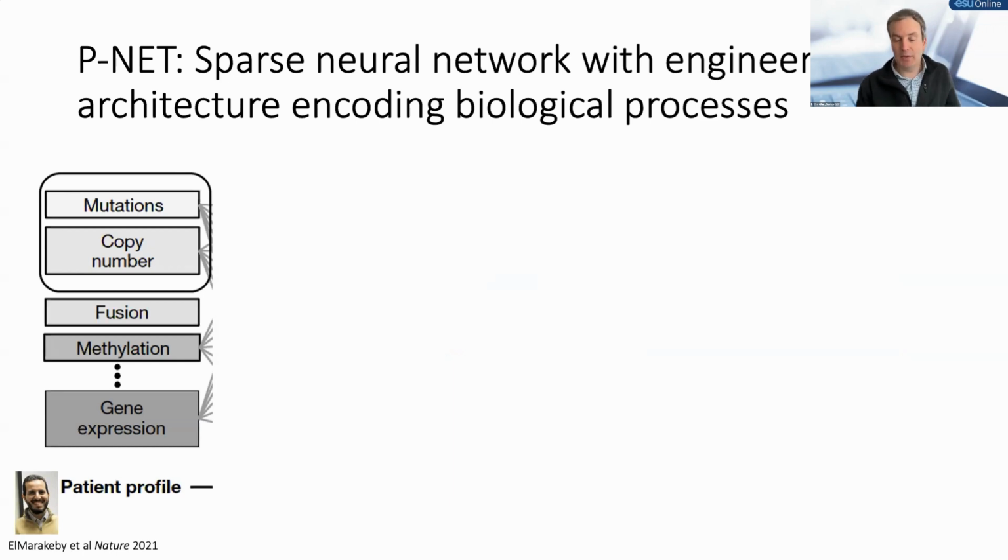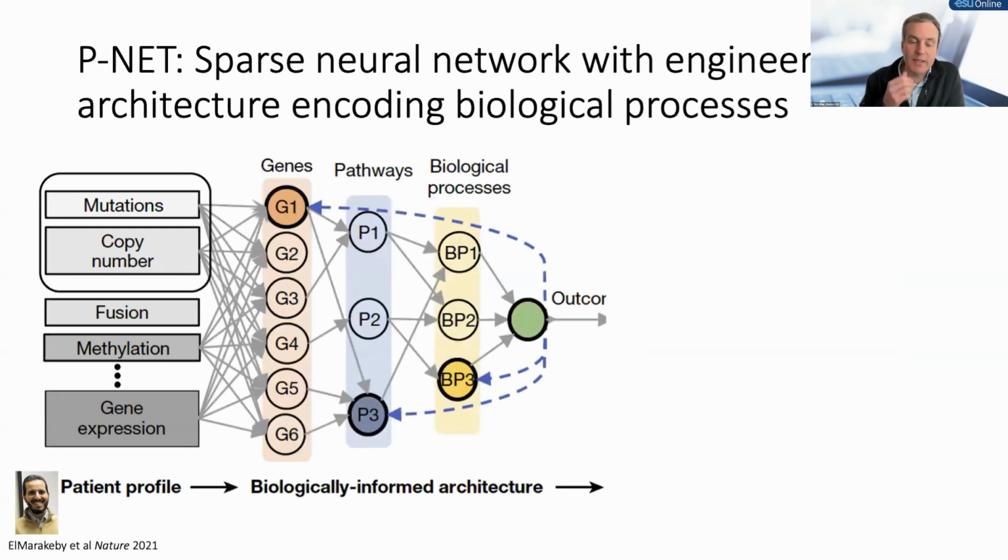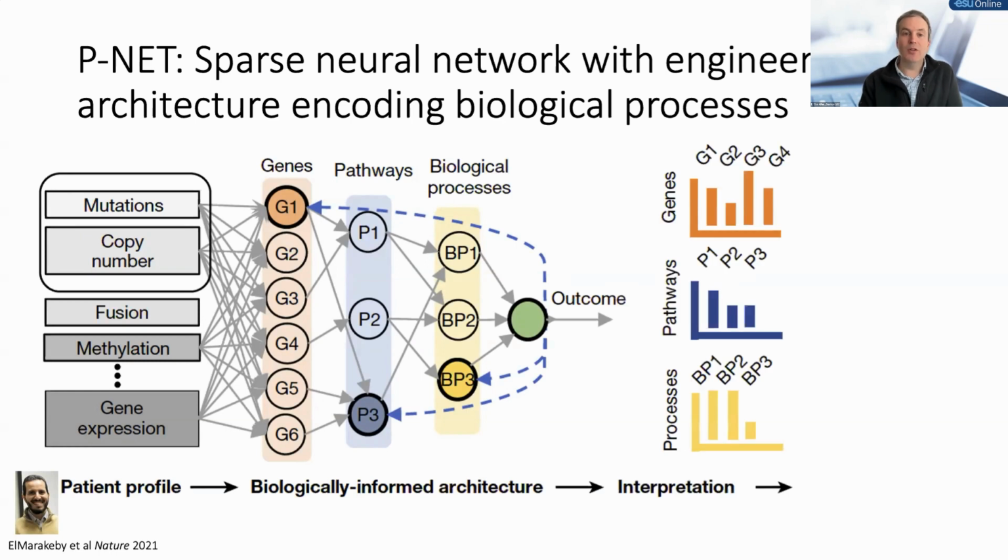And rather than have a deep, fully connected network that could achieve the best accuracy on its own, but may have struggles with interpretability, we decided to make what we called a biologically informed network architecture, such that each layer of the neural network has a certain kind of meaning, whether it's genes, pathways, processes, and so on, all the way to outcomes, such that we could train it to ask the question we care about, but then go back and, in some sense, open the box and look